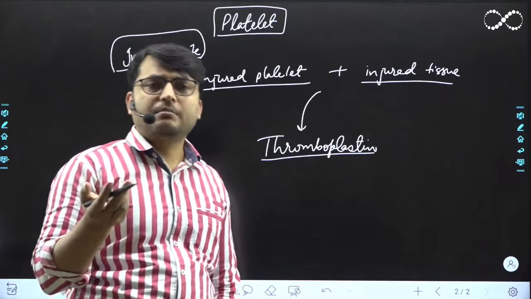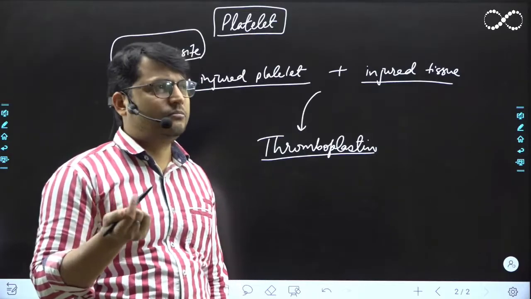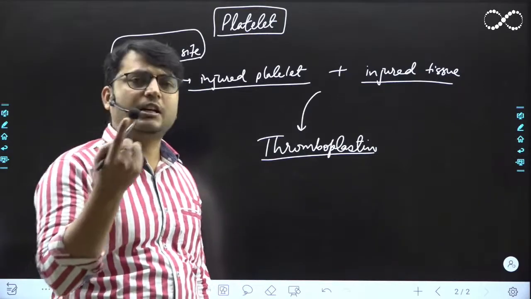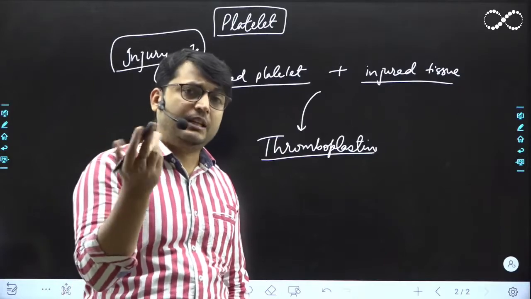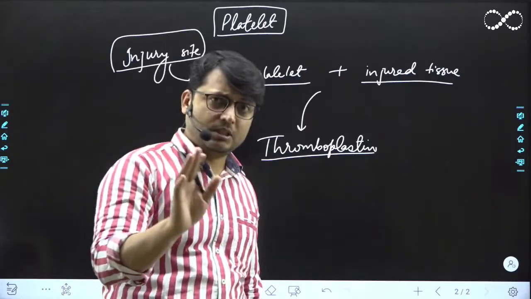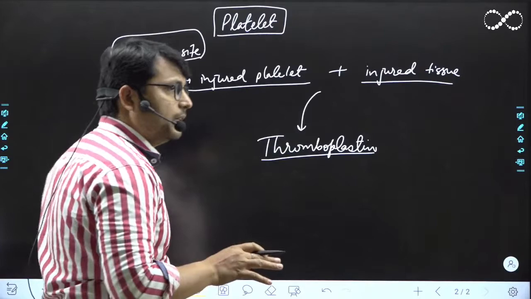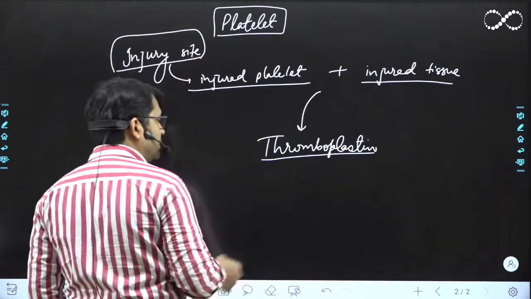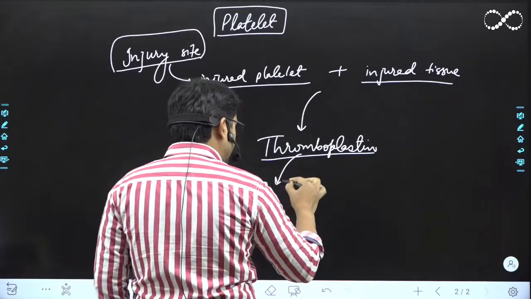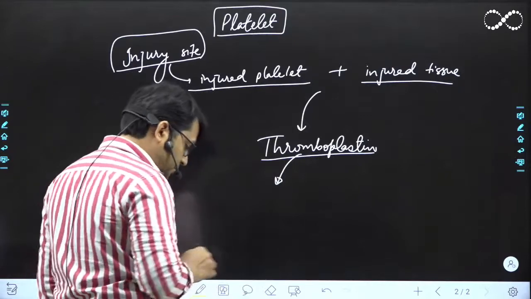15 days RBC का life span is just an average number, okay. Different RBCs का life span can vary, it can even go to some months, ठीक है, so be clear about that. Thromboplastin, now this thromboplastin, okay, this is going to